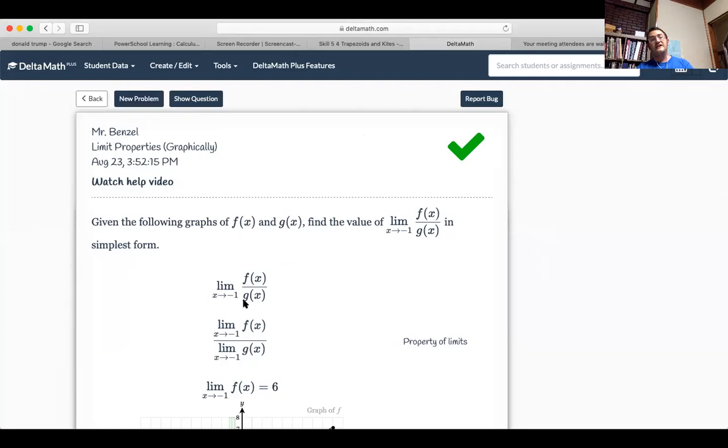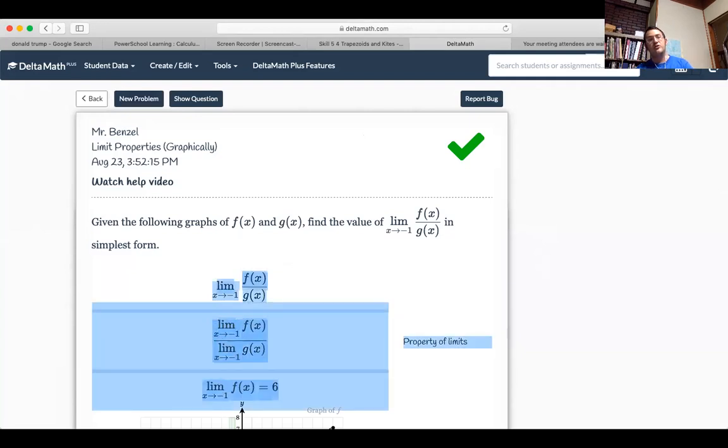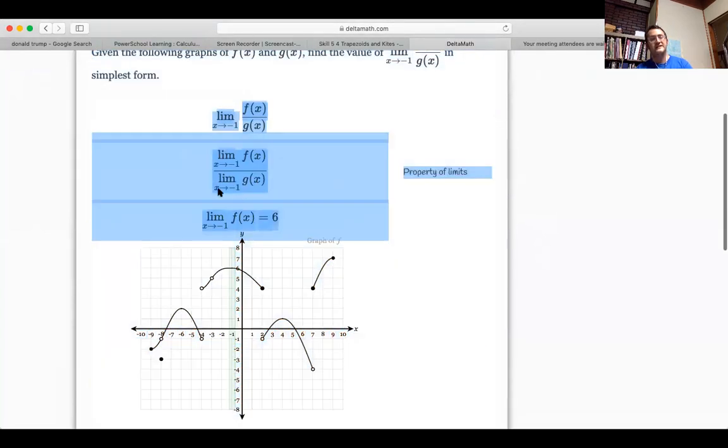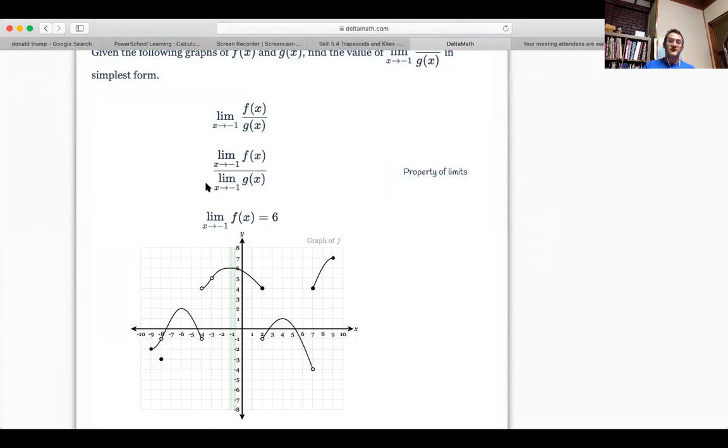And what is nice is, if you are showing this work for a pencil and paper mastery assessment, some people may do this right in your head. I wouldn't. I would write down the property that you're thinking first, and then that will show me how you got to